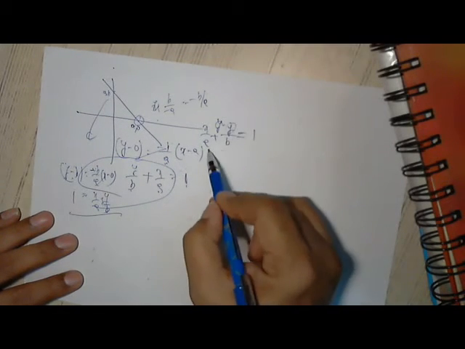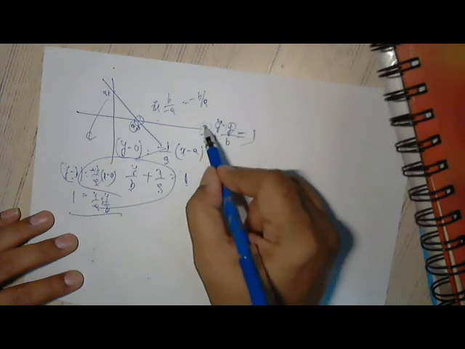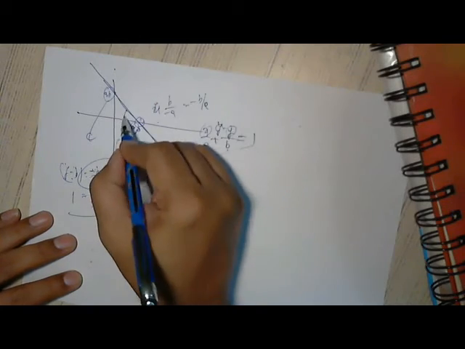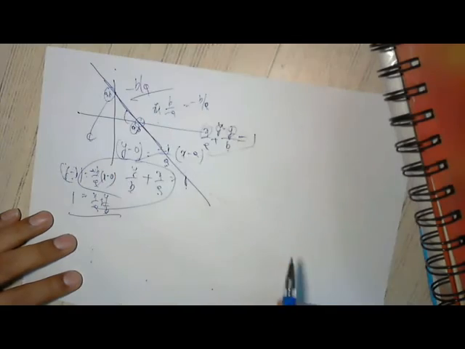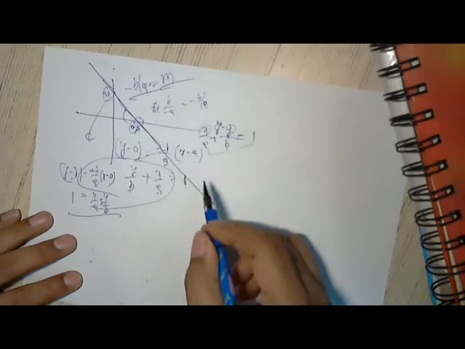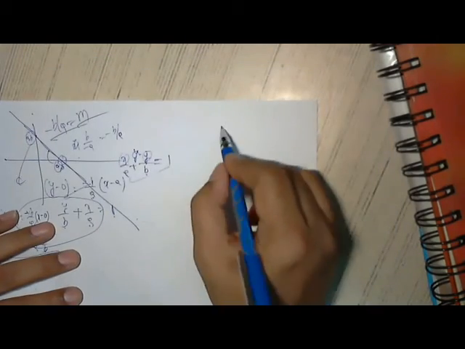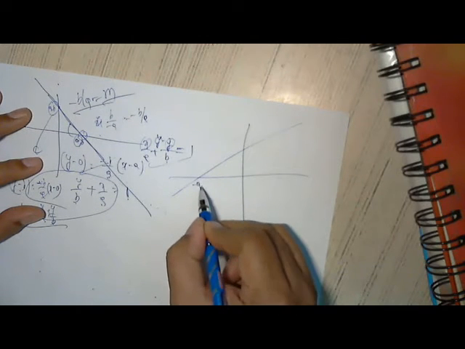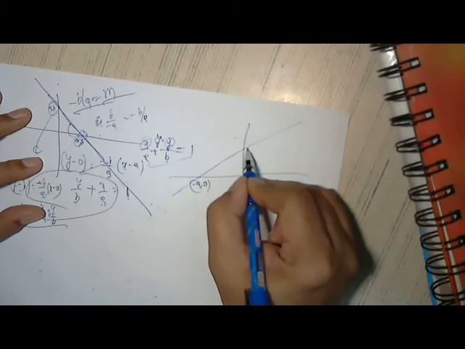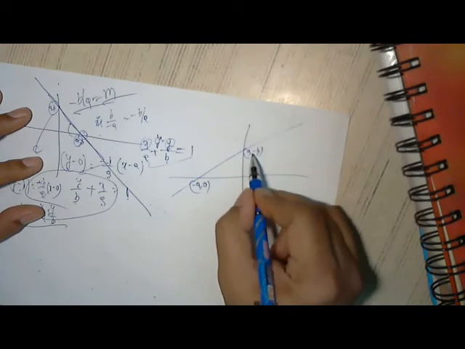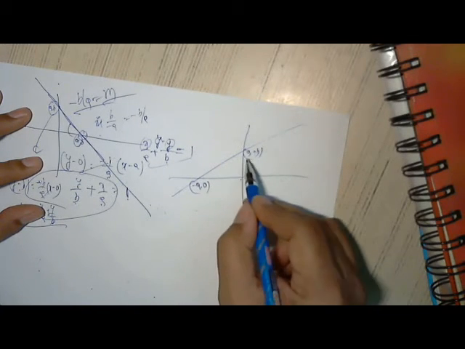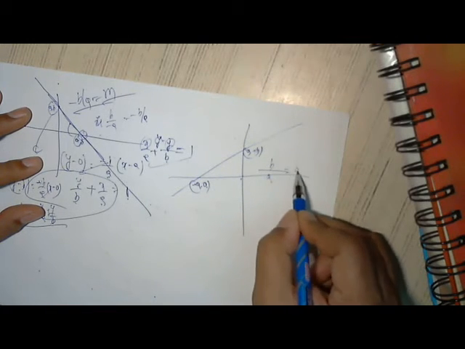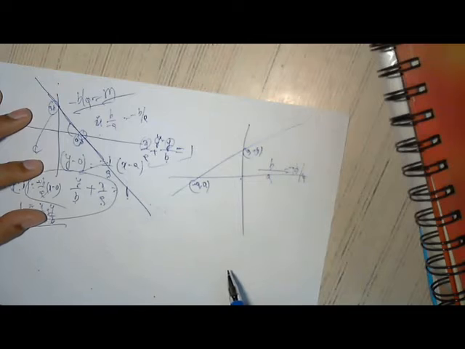Simple. When I put y as 0, I should get x is a. When I put x as 0, I should get y is b. So I got 2 points. This is my line. My slope is minus b by a. Suppose this line is going like this: this is minus a, 0, and this is 0, b. What is the slope here? y2 minus y1 is b minus 0, b, and x2 minus x1 is 0 minus of minus a, plus a. So slope is plus b by a.